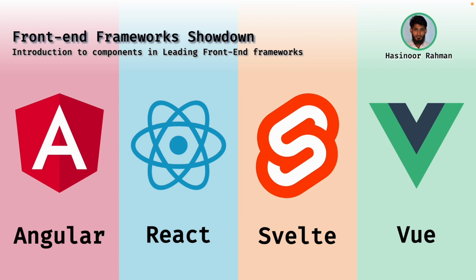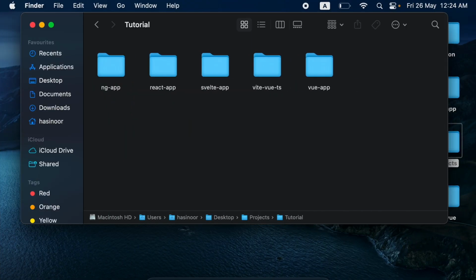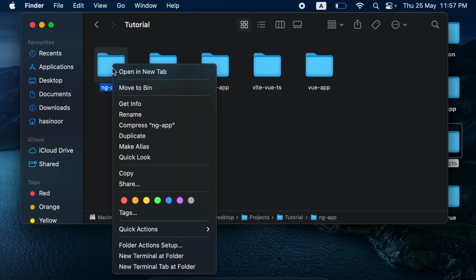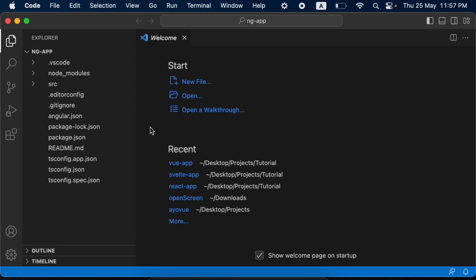Components are the building blocks of modern web development. They help us create reusable, modular, and maintainable pieces of user interface. Now let's take a closer look at how each framework handles components. Let's start with Angular. Open your Angular project with Visual Studio Code,